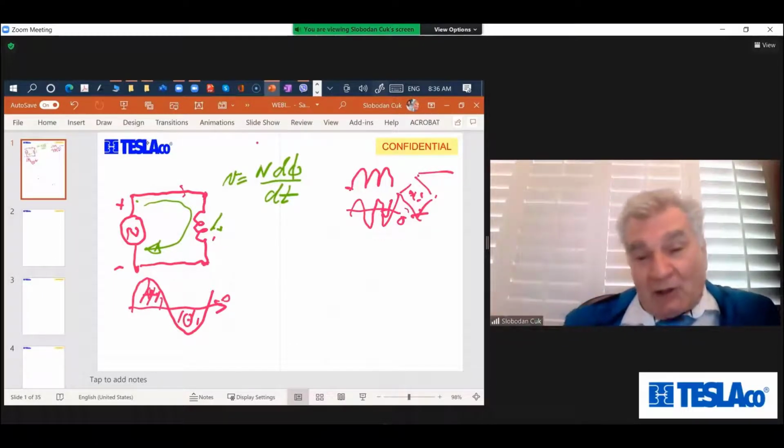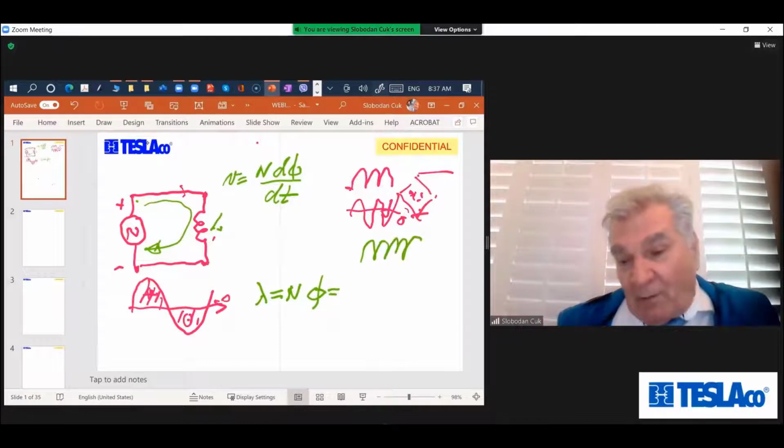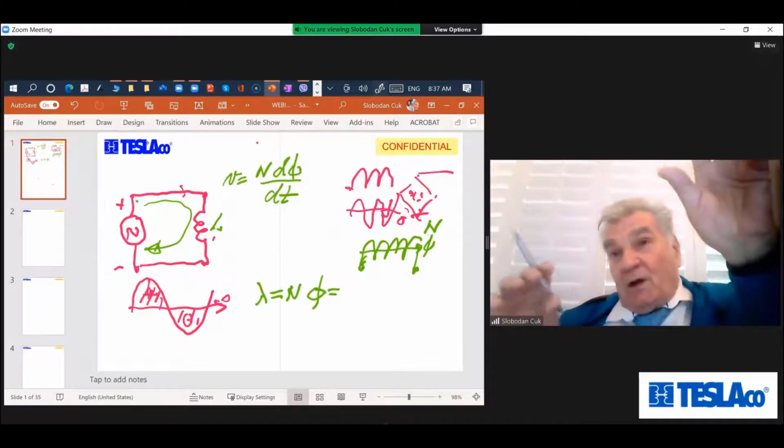Last time I showed you that N times flux is flux linkages. If you have a coil with N turns, each turn contributes a flux, and the total flux seen by the coil is N times that flux. That's flux linkages. And I showed you last time how you can go from B versus H,